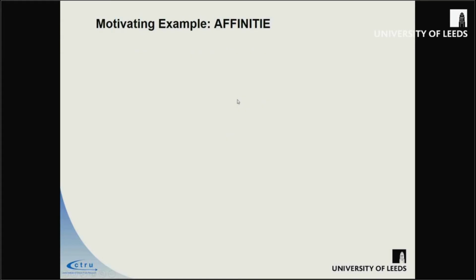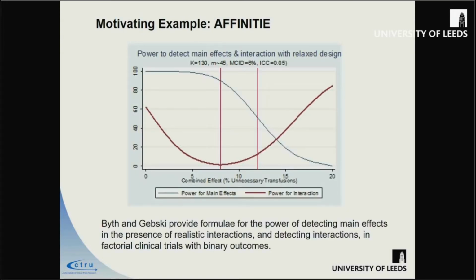So the nice thing that it does, though, is give you the ability to do a nice sort of sensitivity analysis around what you're doing. So on the basis of the 130 clusters, which we thought was likely to be our worst case scenario, and given that we got 135, that wasn't too bad, this is what the power curves look like.